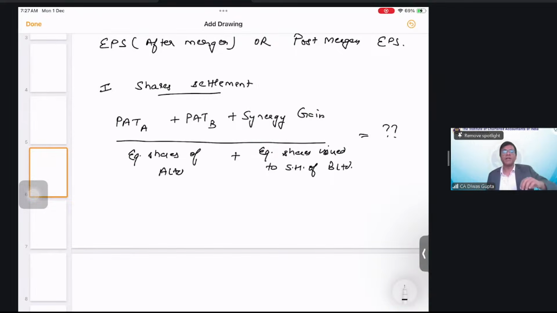So whatever this number comes out to be, this will be your EPS post merger. So what we have done, students, here, we have first of all taken their respective profits, profits of A and profits of B. Then we have added some synergy gain. So synergy gain is basically because of this mergers and acquisition, there will be a higher amount of gain to